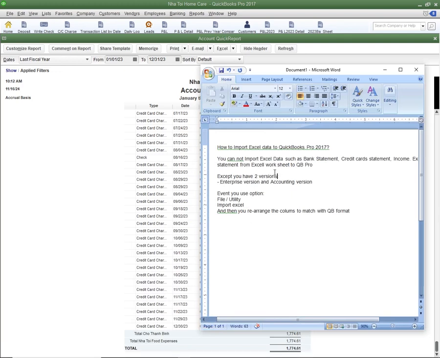You cannot import Excel data such as bank statement, credit card statement, income and expense statement, etc. from Excel worksheet to QuickBooks Pro 2017, except you have two versions. Number one, enterprise version and accounting version. If you have these two versions, then you can do that. If not, you got to use another third party,